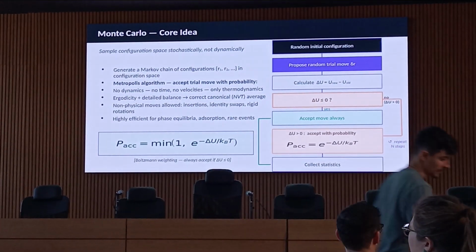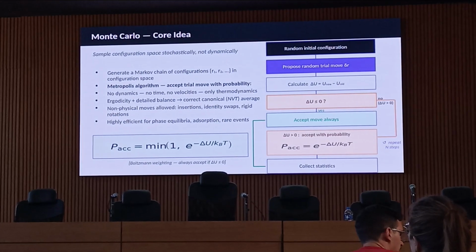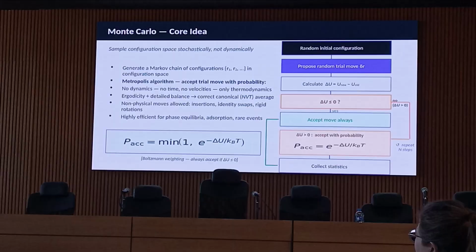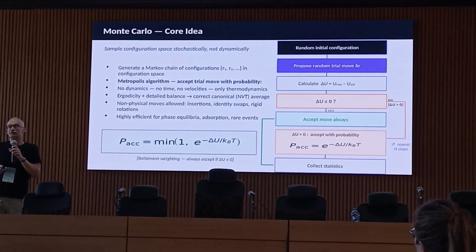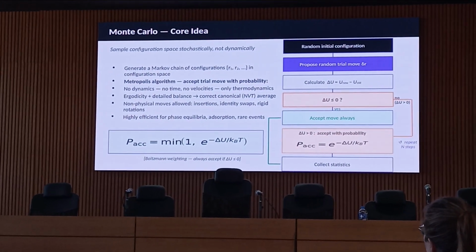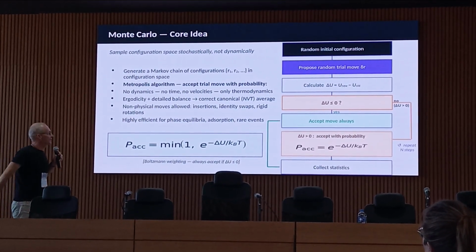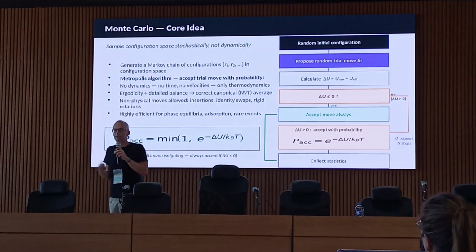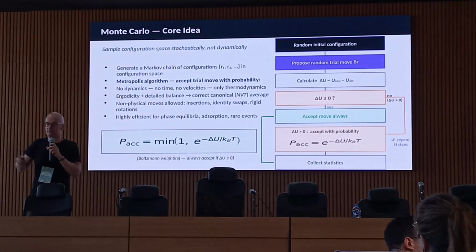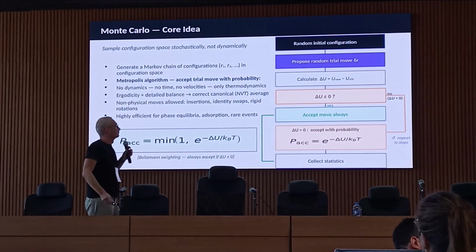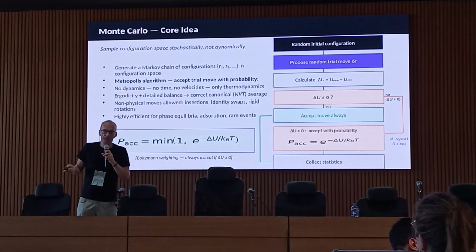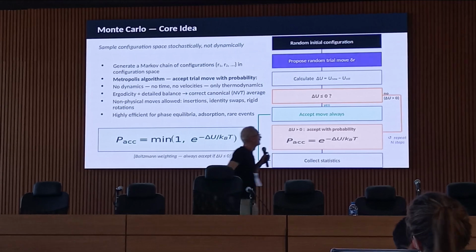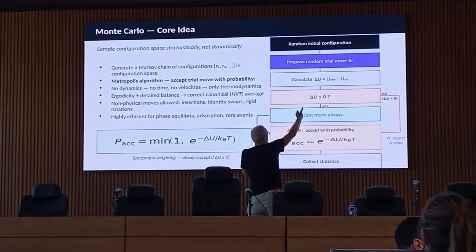But how do you get a representative configuration from these ensembles? And this is about Monte Carlo. So this is essentially sampling the Boltzmann distribution. And it works very easily, and so this is a scheme which I briefly described to you. So you start with some configuration, you put particles anywhere in space, and then you propose to displace one particle or many particles, then you calculate an energy change, and then you say, okay, if this energy change is negative,